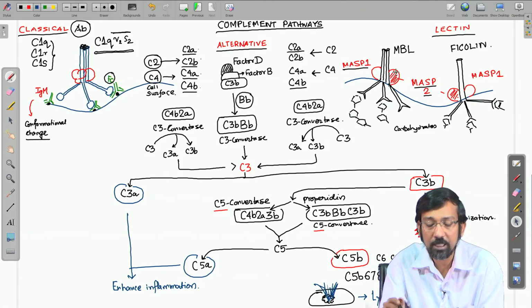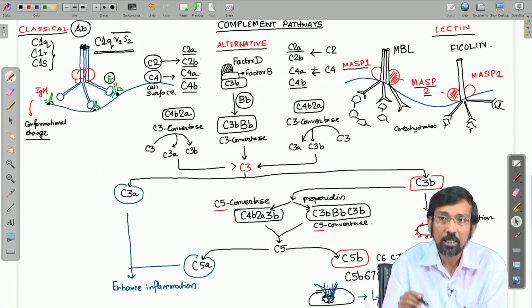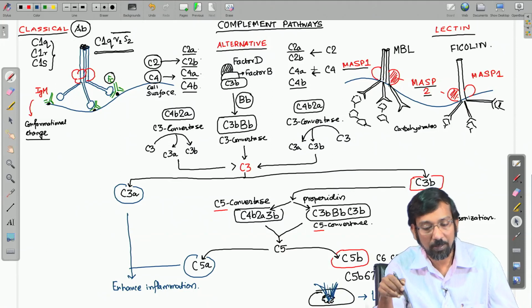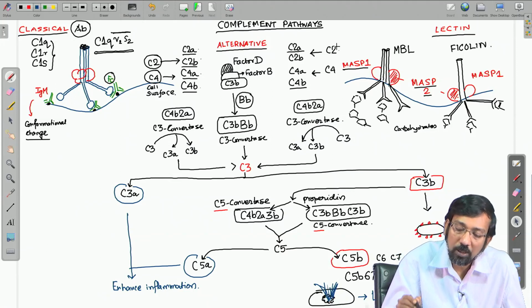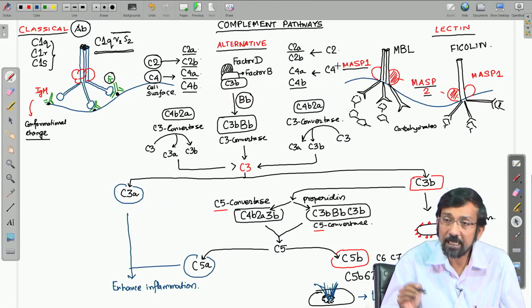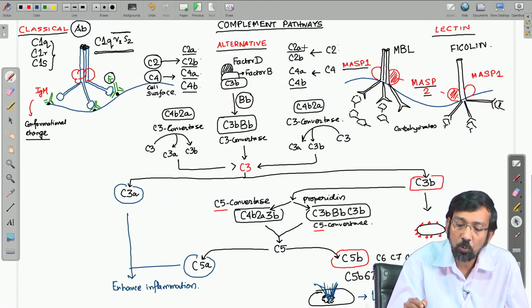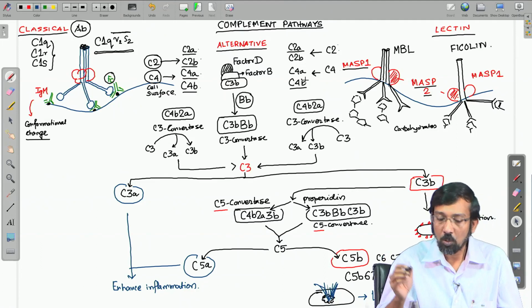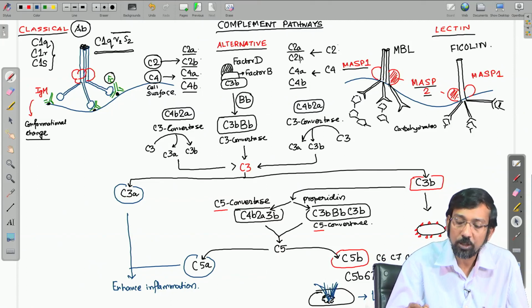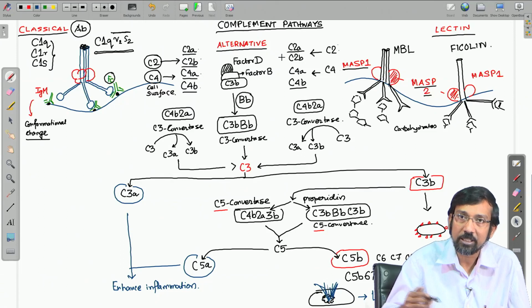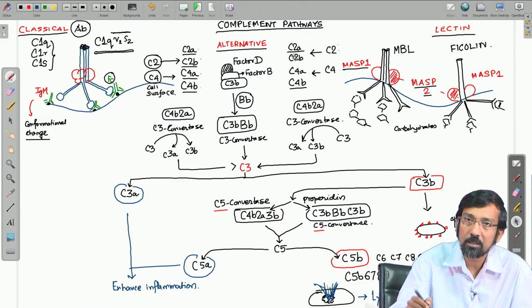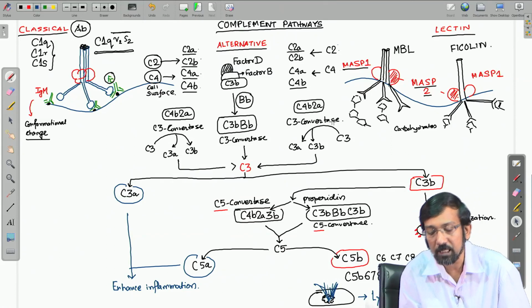Now, when these serine proteases are activated, they can also cleave two complement proteins, similar to what we have seen in the case of the classical pathway. They can also cleave C2 and C4, leading to 2a and 2b from C2, and 4a and 4b from C4. Once C2 is broken down to 2a and 2b and C4 to 4a and 4b, again similar to what we have seen in the classical pathway, there is interaction between the two cleaved products leading to formation of a C3 convertase,